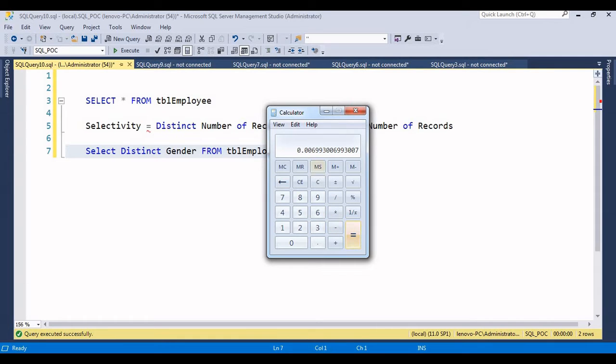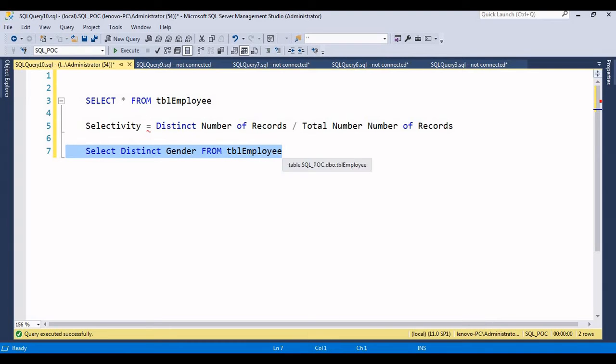For this column the selectivity is 0.006993. So if you use any predicate, by default you will get more values and duplicate values. That's how we can identify the selectivity of any column,